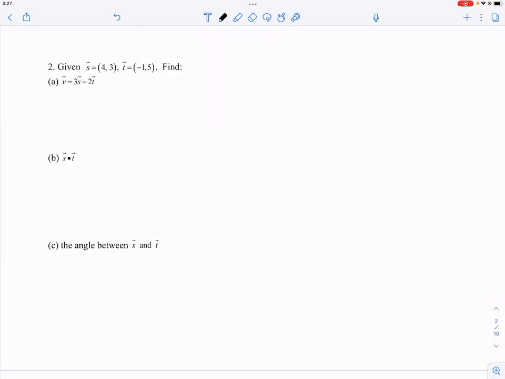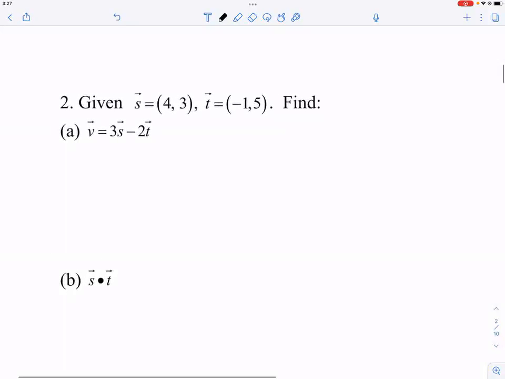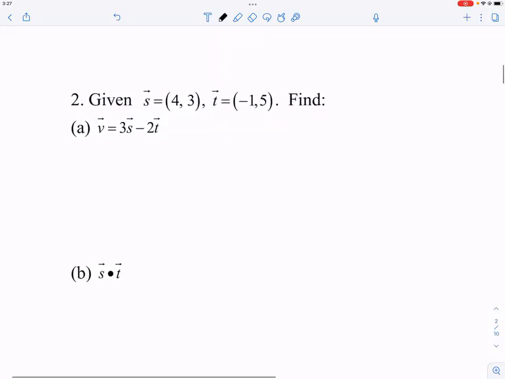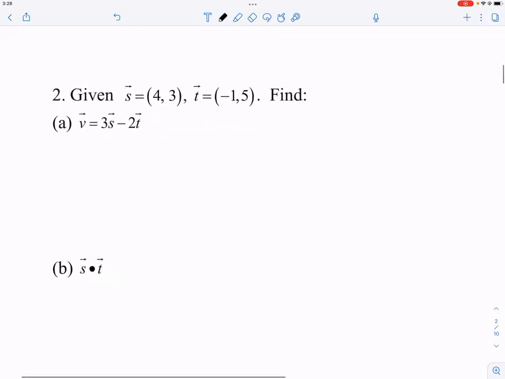All right, moving on to number 2. So we are given two vectors here. We have a vector S and a vector T. All right, so for part A, it's kind of similar to part 1, question 1, that you have to compute